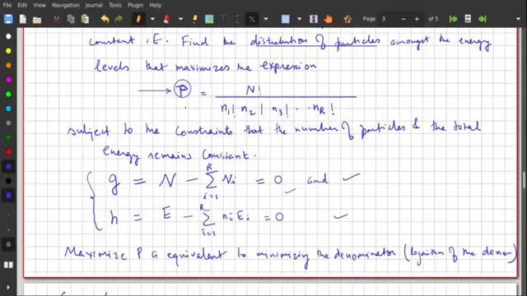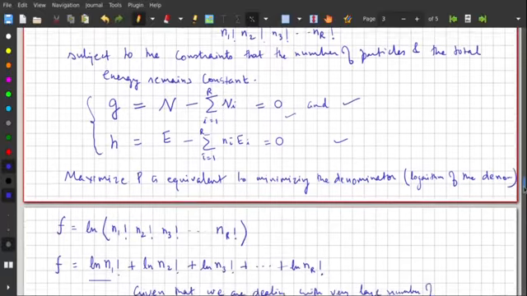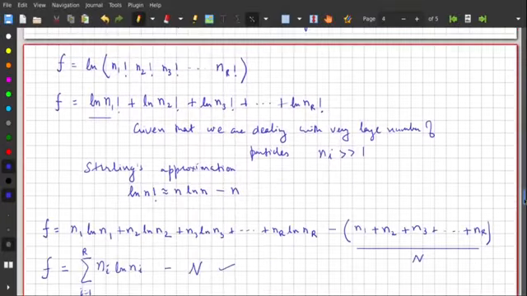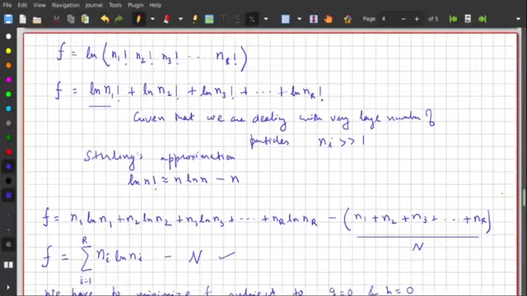To maximize P, we want to minimize its denominator, which is the same as minimizing the logarithm of the denominator. We took the logarithm for a reason, because we wanted to convert the factorial functions